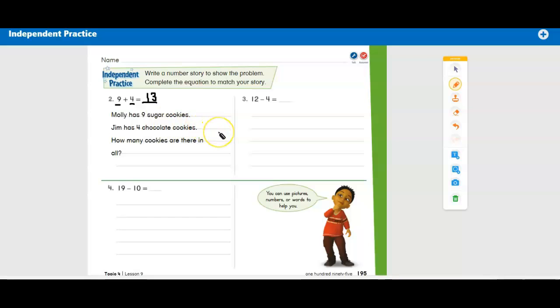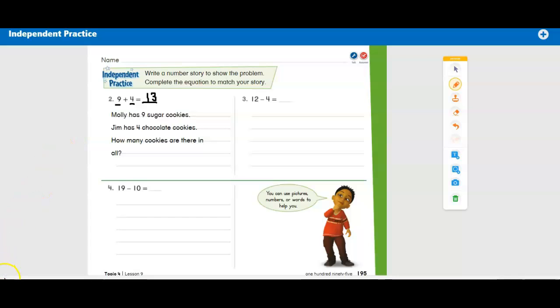If you want to write about bugs or monster trucks or art supplies and say paintbrushes, you can do that. These are your story problems that you get to write. Just make sure that you include your numbers. And if you are adding, you write somewhere that you are asking for how many there are in all or how many are there total. And if you are subtracting, you need to make sure you write somewhere in your story problem that something was taken away or